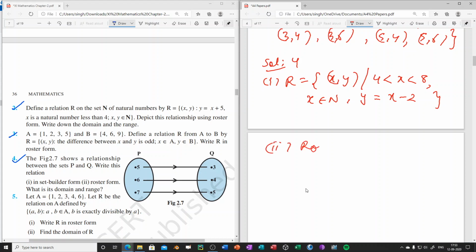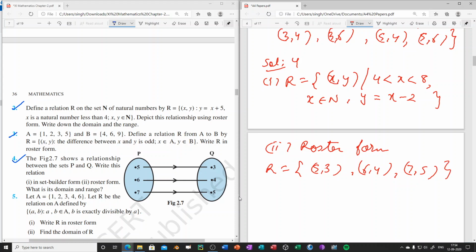In roster form, we just have to write the elements of the set R. So roster form is R equal to: 5 is related to 3, so (5, 3) will be an ordered pair. Then next we'll take (6, 4). Then the third element of the set R will be (7, 5). So this is R in